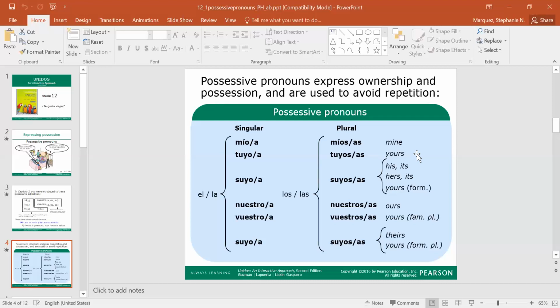The thing that we have to remember is that with possessive pronouns, we need a definite article to come in front of them. So that's where you see this el, la, and the los, las. So if I wanted to say yours,